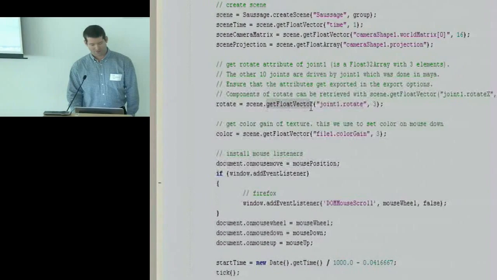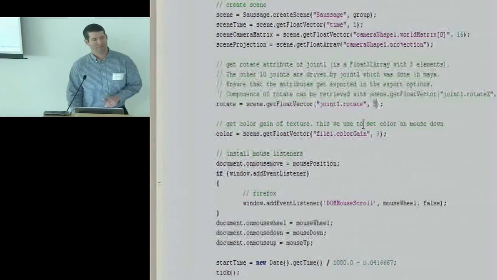JavaScript is of course not typed, but this is only for a bit of checking. So if the artist changes the scene and it's not a float vector of the given amount, also of 3, anymore, then you can get a warning that the scene doesn't match your code anymore.